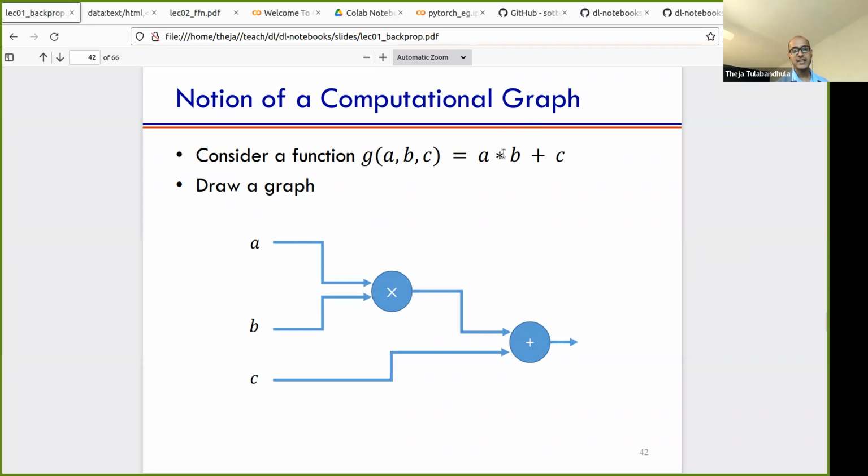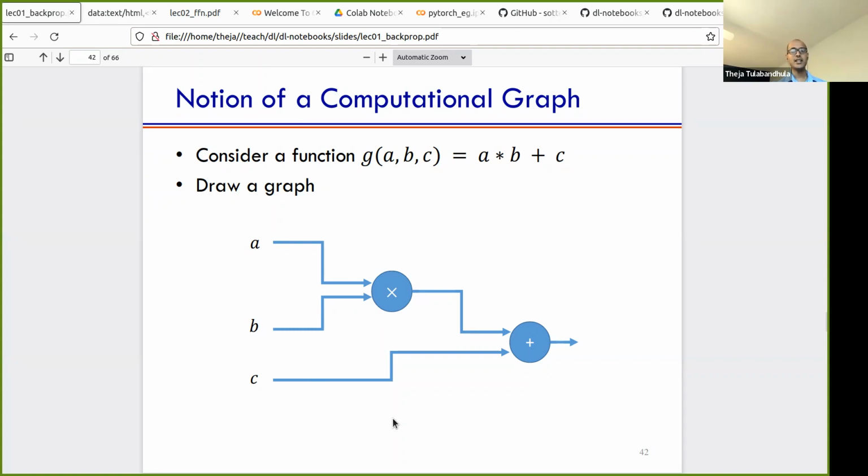Now we can represent this computation using these edges. You can see five edges here, and two nodes. Okay, two nodes, and you can see the symbol inside them, so they're doing just that computation. This node here with the cross in the center is just doing a times b, and this node here with the plus in the center is just doing addition. Okay, now this is an example of a computational graph,